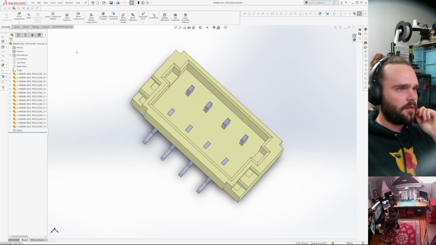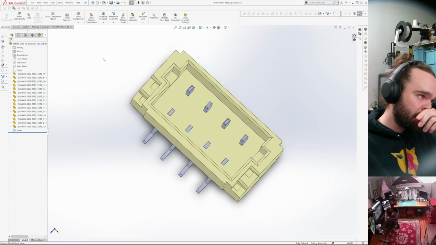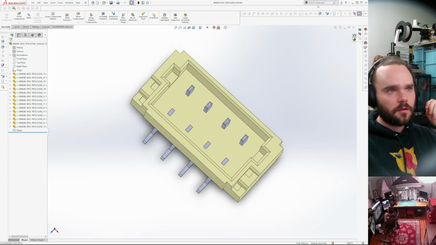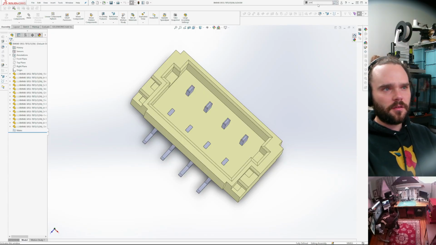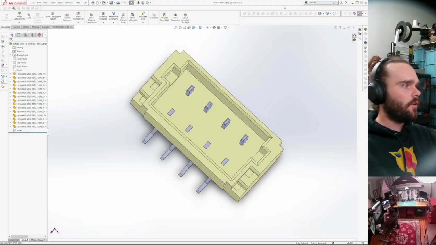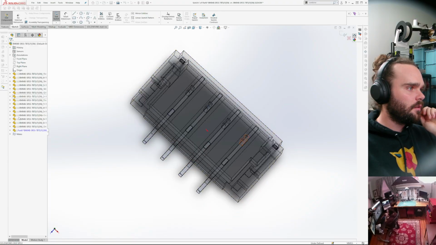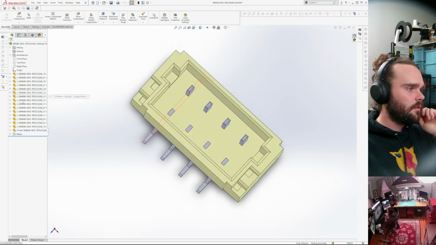So it's an assembly. So insert, how is the best way to do this? Join? Combine? Probably it is create a new part. I hate the new part dialog.